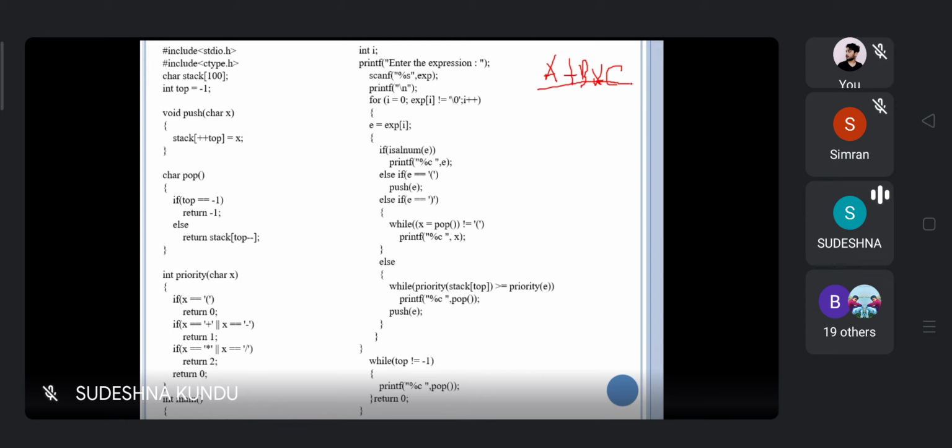So whenever I am taking this, what will happen? Suppose I give this bracket over here, because I have to put the expression inside brackets. So we have the expression, beforehand we have to give the bracket, and at the end we also have to provide a bracket. Now, where is the main? So int main, the character expression, we need to take the expression over here. Fine. Any question?